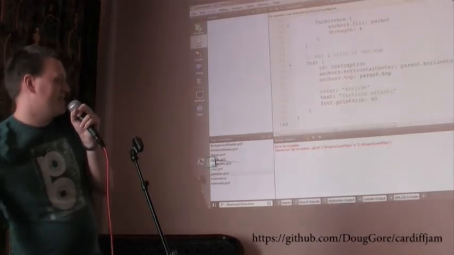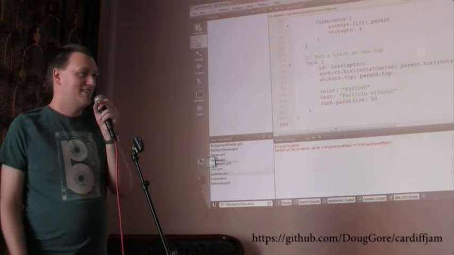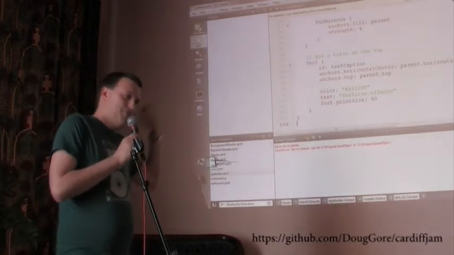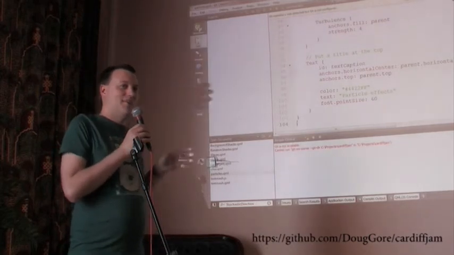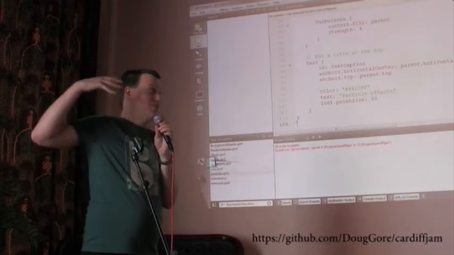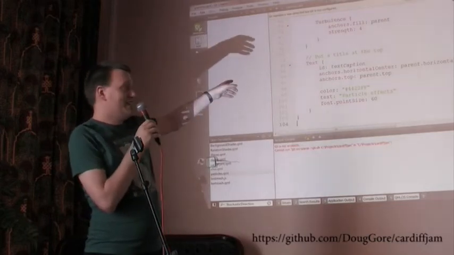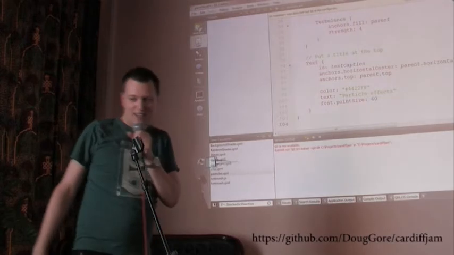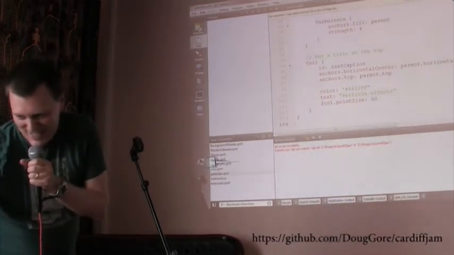And I just put a caption at the top, some text. The idea is with QML there's a whole load of objects. You put the object in there, you make it appear how you want, where it goes, and then you can use code. You can use the ID to refer to it in code and do things, move things across the screen. So the slightly more sophisticated example of this